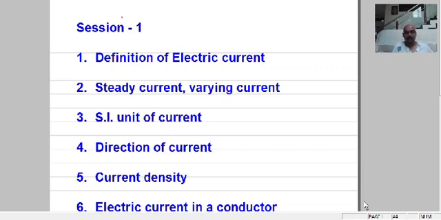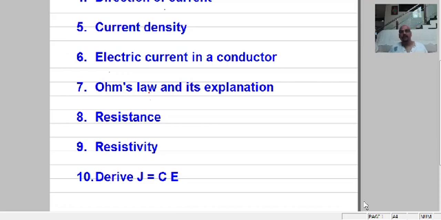Today in today's class, we will learn about the definition of electric current, second one, steady current and varying current like alternating current and so on. And also we will learn about the SI unit of current and direction of current, current density, and later we